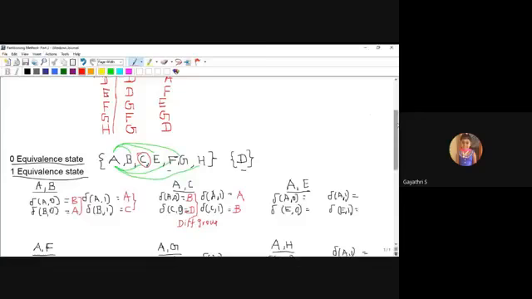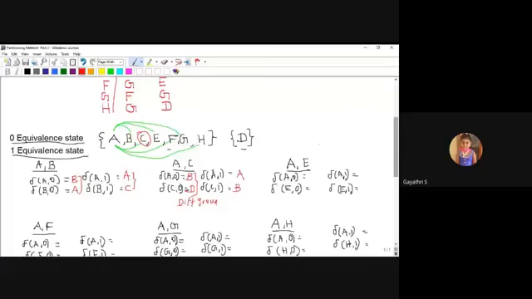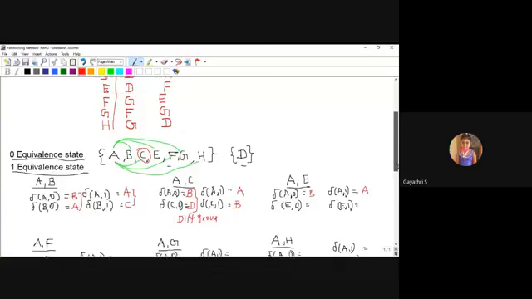Next, move to AE. A on 0 moves to B, and A on 1 moves to A. Then E on 0 moves to D, and E on 1 moves to F. Then for AE, see here, the BD pair, right?